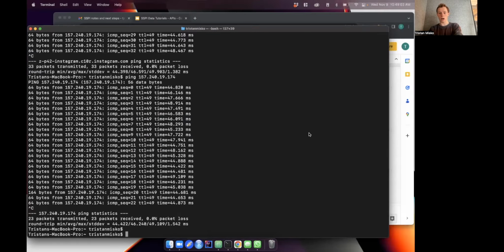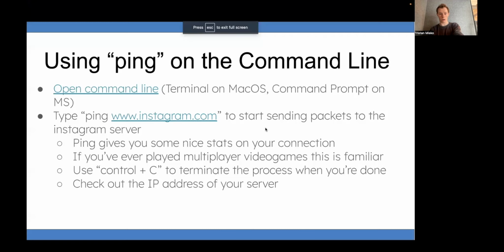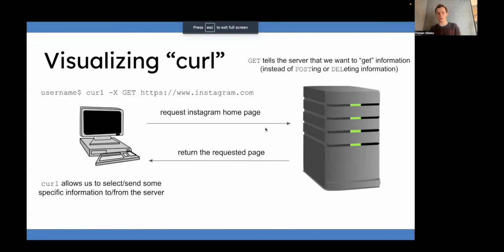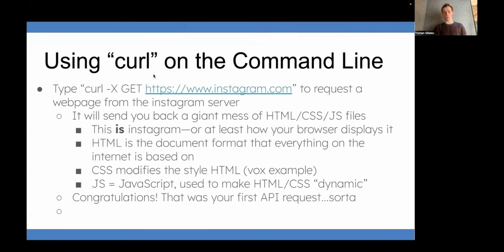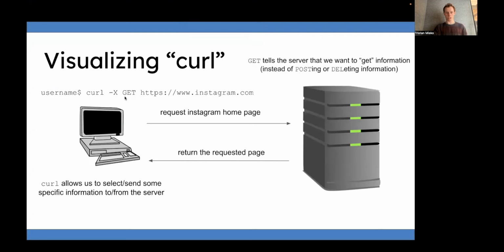All right, moving on in the tutorial to curl. So curl is the bread and butter of what we're going to do. Curl is actually not called curl, it's cURL, and that means client URL. So you are the client of this URL, basically. And what you're going to say is curl -X, and the -X is an option to take an argument here. There are different things you could tell it to do. You could tell it to get, or to put, post or delete information from the server. But for our purposes, since we're getting data, we don't need to mess with any of the other methods. We are going to get